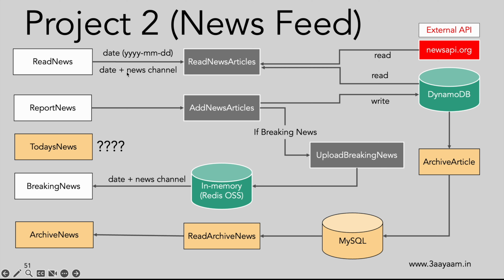The first one is read news. What it would do is that it would send parameters, either date or date and news channel. So if read news passes date, then we'll read the news from all the channels for that particular date only. And the second one would be date and the news channel, in which case news for that particular channel